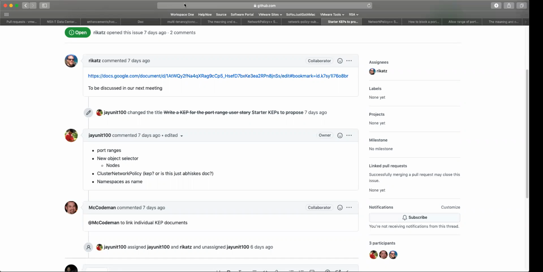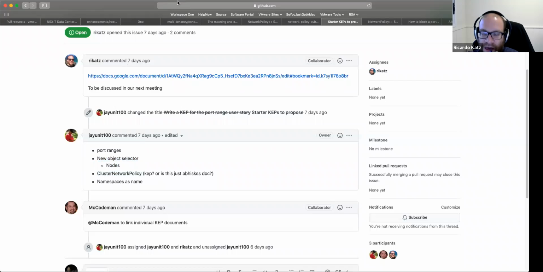Okay, so here's one question which I was just looking over. The node selector: does it make sense for it to be part of a developer API, or should it be an administrator API or part of the cluster network policy? That's a great question. I think that the node selector is mostly related to the node part, maybe.